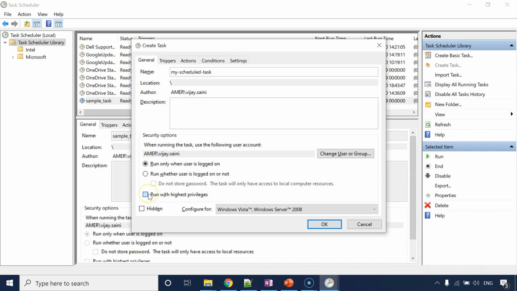If we choose to run our task with highest privileges, then basically we are giving permissions to our scheduled task to even, in case of any conflict with another process in opening a file or something like that, if it is needed to kill another process, it will continue with that permission we are giving to our task by allowing this, right?